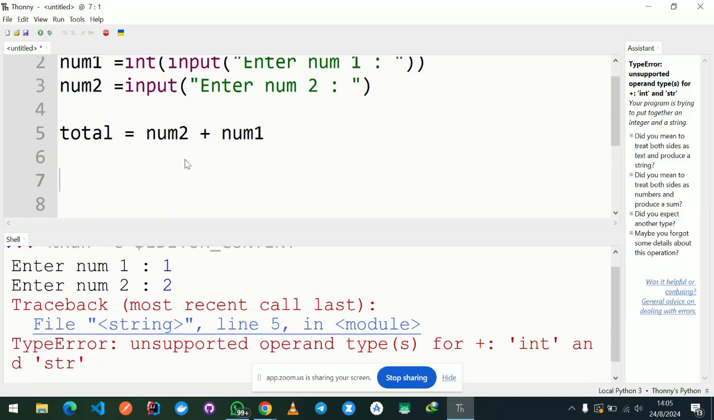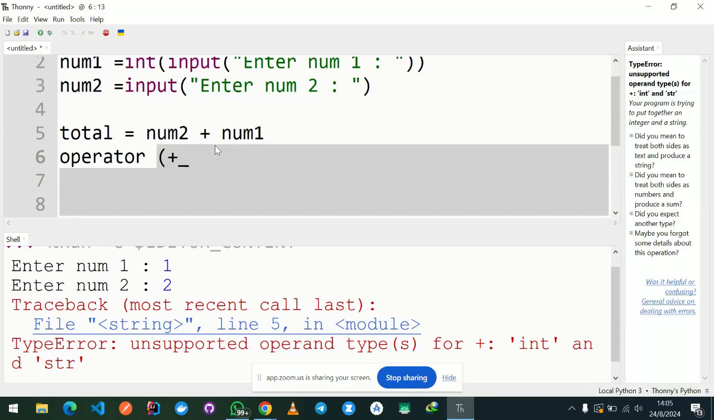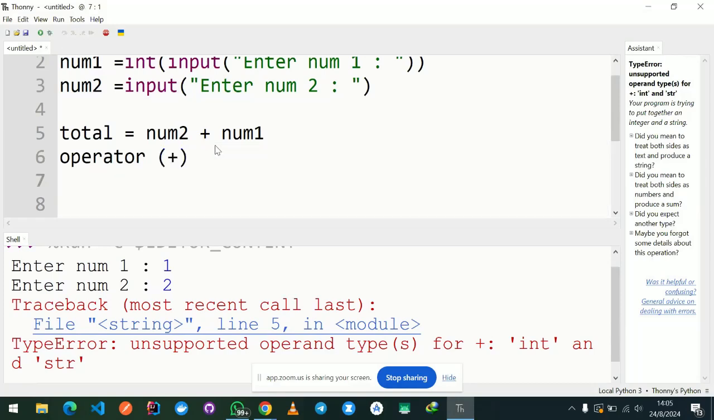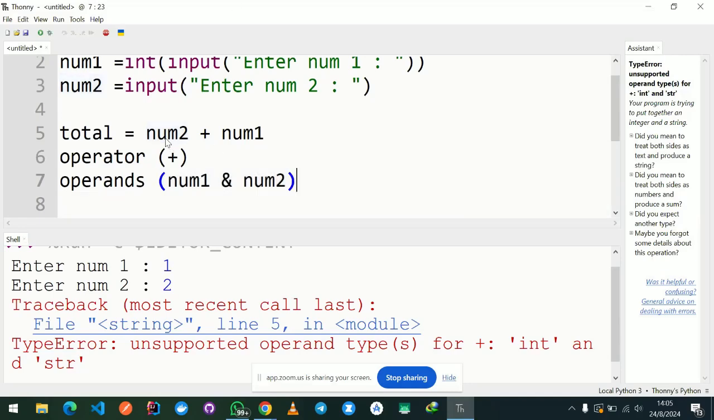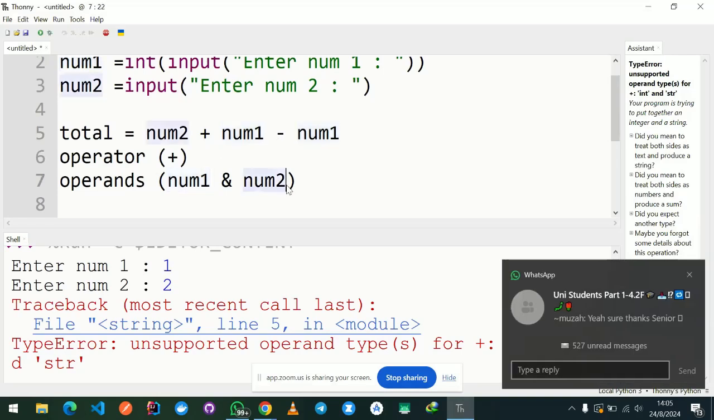So on this phrase, our operator is plus. This is our operator. Then we have our operands, which are num1 and num2. Okay, so these are operands. We can have as many operands as you can have. You can say minus num1. So now we have